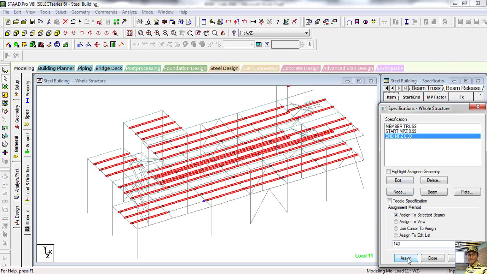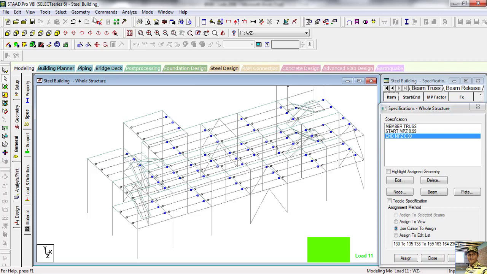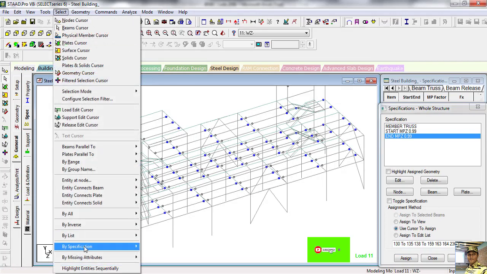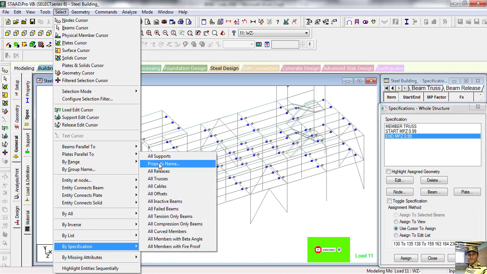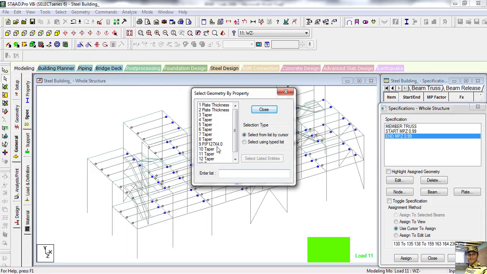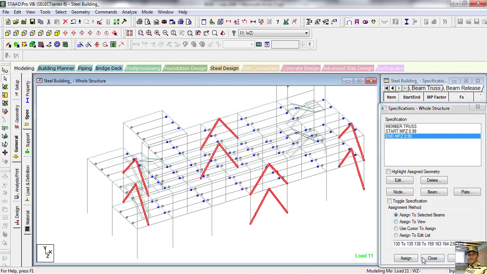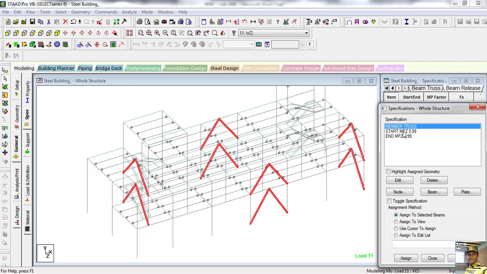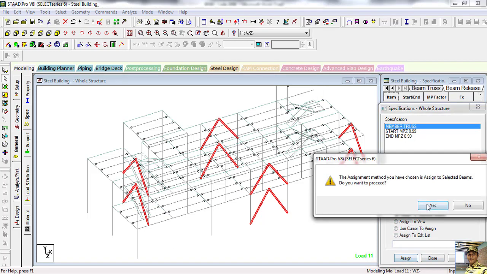Same way, assign to selected beam, assign, yes. Now we release the moment. Same way, select by specification property name. This is our pipe bracing, so select pipe, close, assign to selected beam, first select the member truss, assign to selected beam, assign, yes.